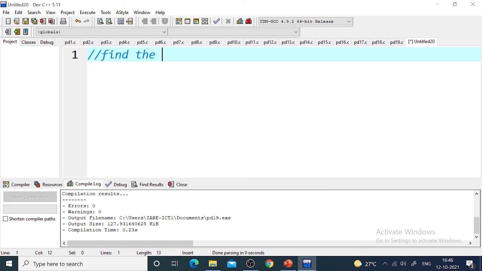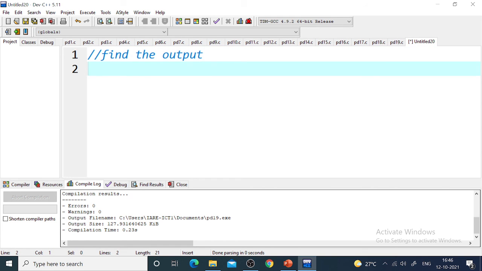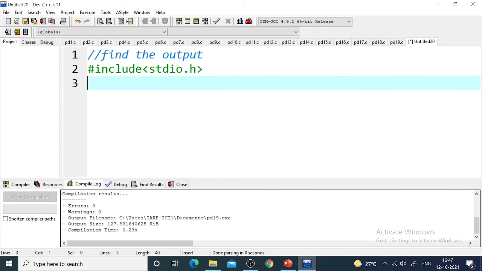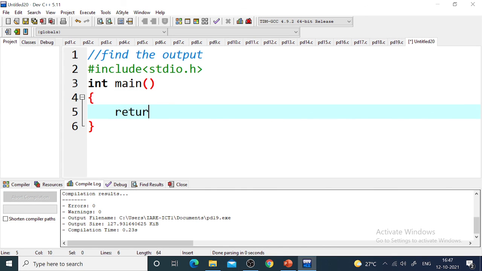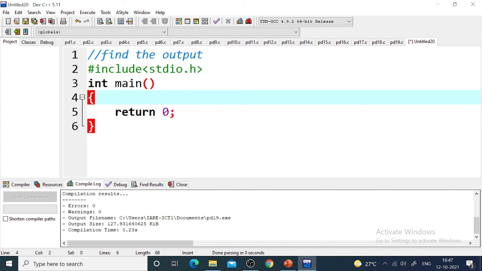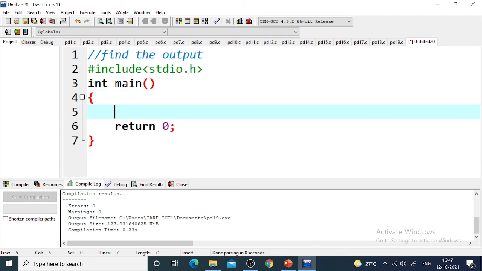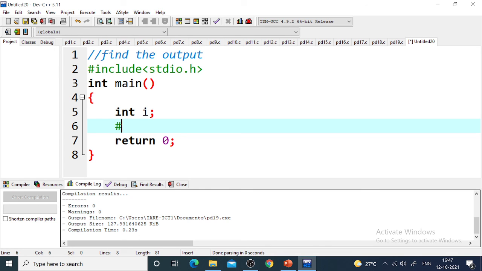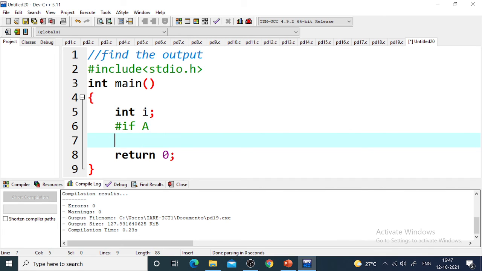Find the output. Hash include stdio.h, int main, and return 0. Now here let us declare one integer variable I. If, hash if A. If A is defined, A is a macro, but we have not defined that macro over here. Then we are writing the printf statement, printf